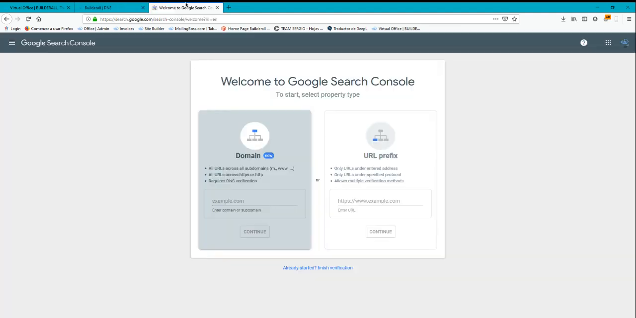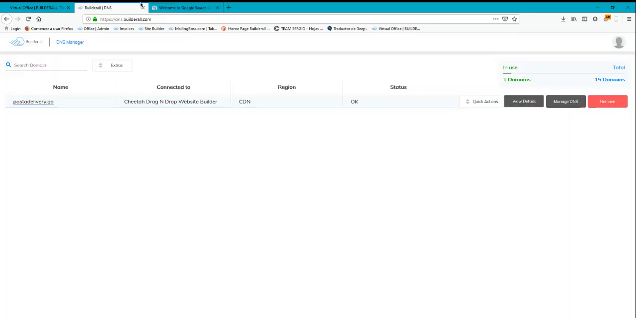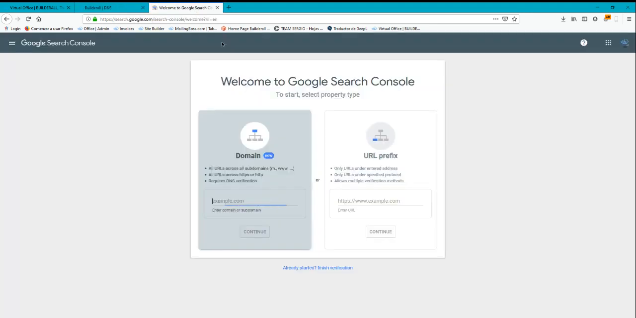Okay, so I'm going to go here, and you have two choices. You have the choice to select the entire domain, so you can use all the subdomains, across HTTPS and HTTP, and it will require a DNS verification. I'm going to select the second one because this is the best one for Google search, and I can use it if I have subdomains. I can use many things, but since I have access to my records here on my domain,